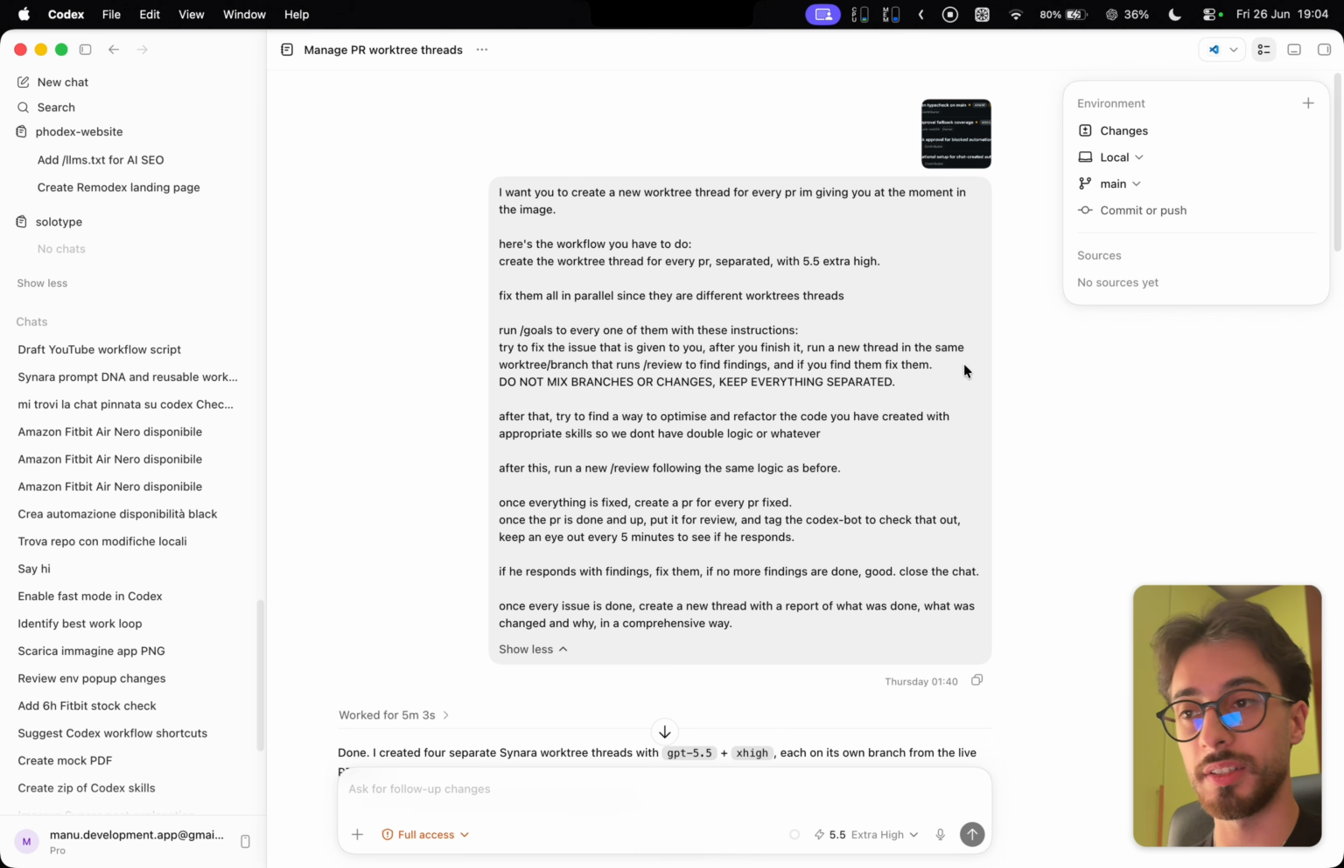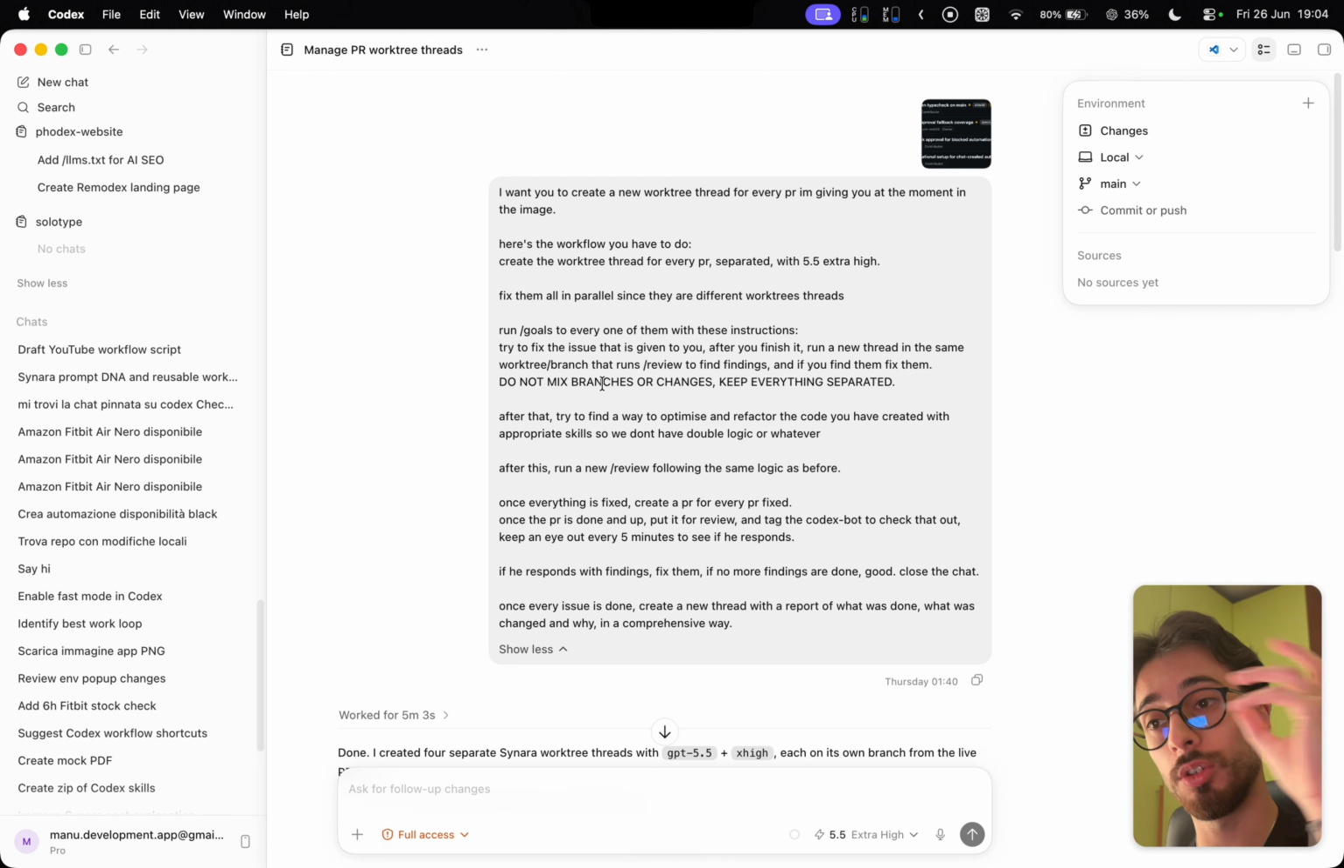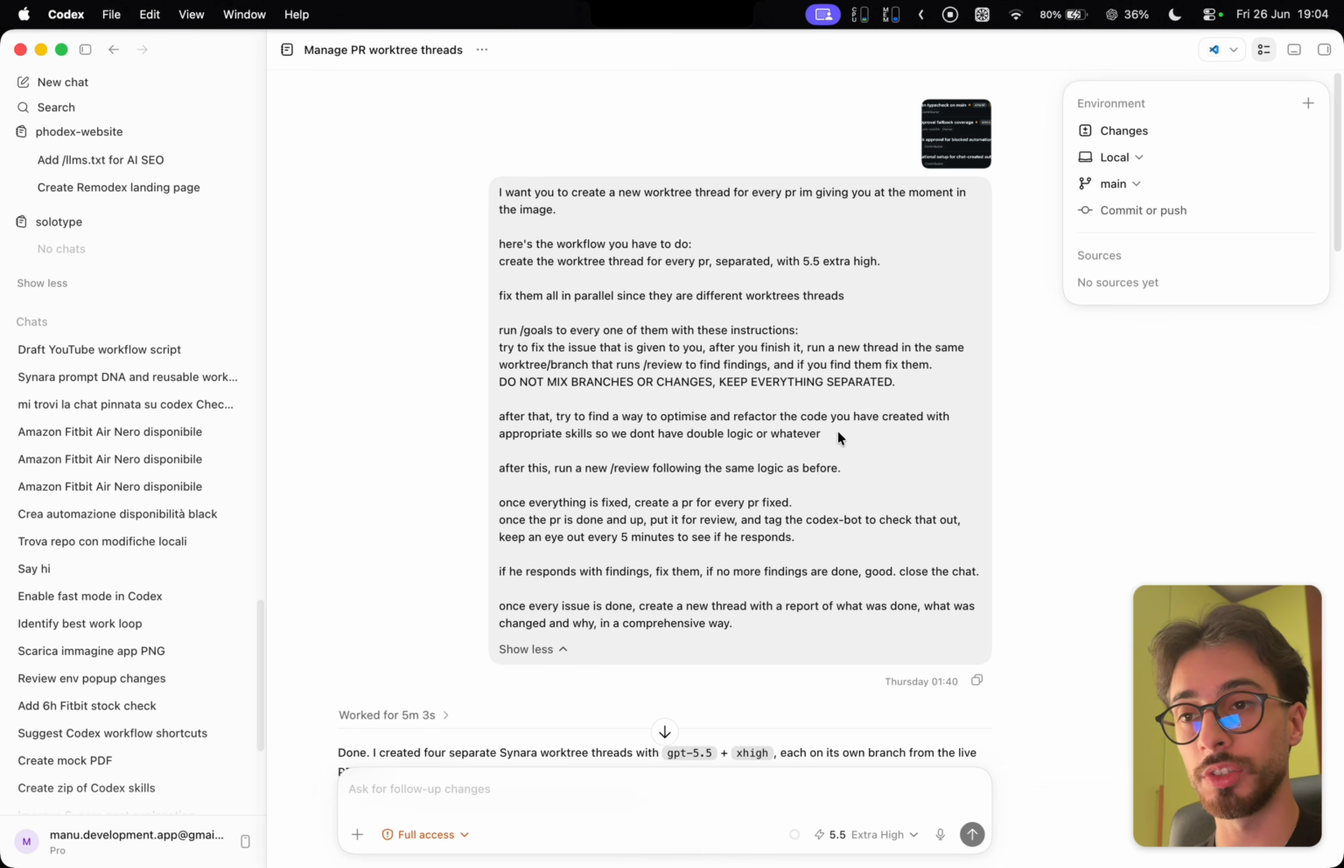And if you find them, fix them. Do not mix branches. Keep everything separated. This is important because sometimes if you have something on main, it will bring the unstaged files into the new worktrees and it will create a mess. So please be careful. After that, try to find a way to optimize and refactor the code you have created